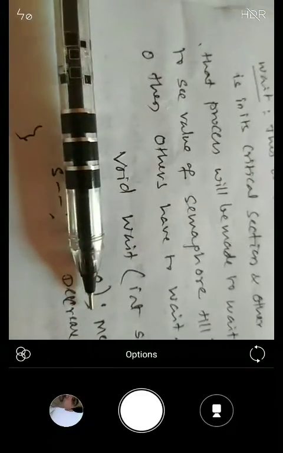If the value is not 1, it will wait. Once waiting is over, it will enter the critical section, setting it to 0. After execution, it sets it to 1, which ensures that other processes can enter the critical section.